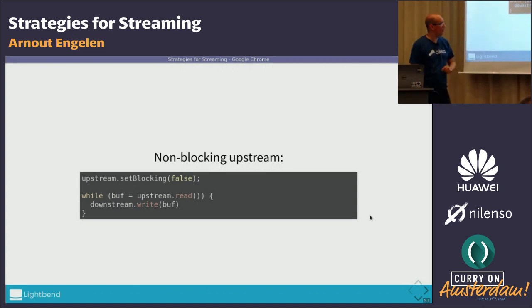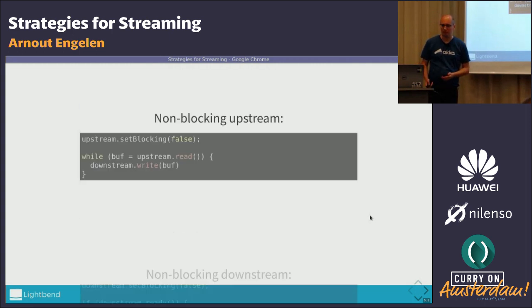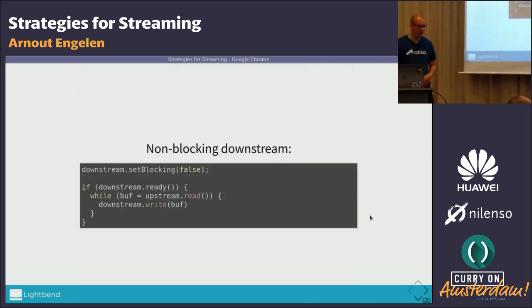Because we haven't made the write side non-blocking here. This means those threads, if they have read something, still have to write. And if there's no space available to write to, then you will still be blocking the thread. So you will still be in trouble writing a scaling system. Okay, let's try it the other way around. Let's make the downstream non-blocking. Then we have to move it on its head. We say, okay, now we're only going to read if we know there's space at downstream.